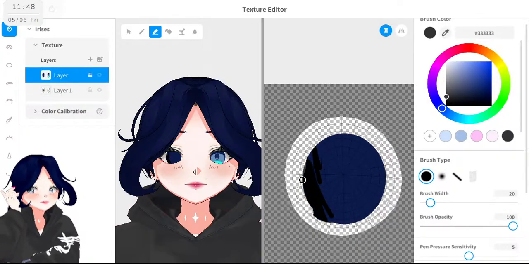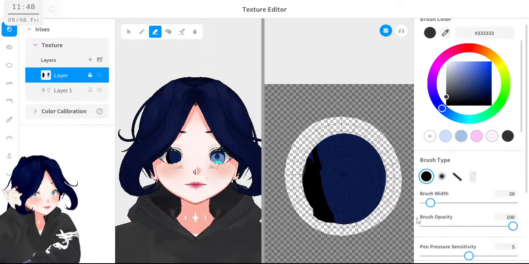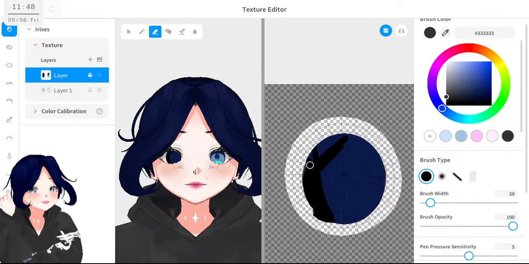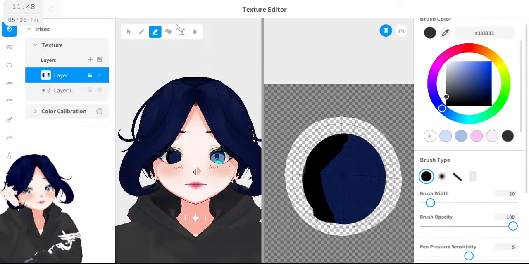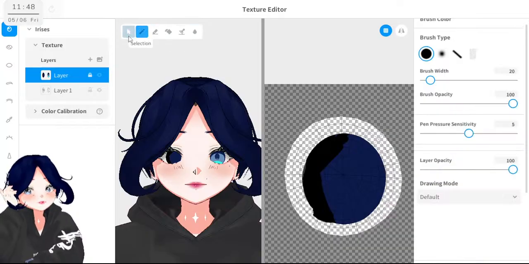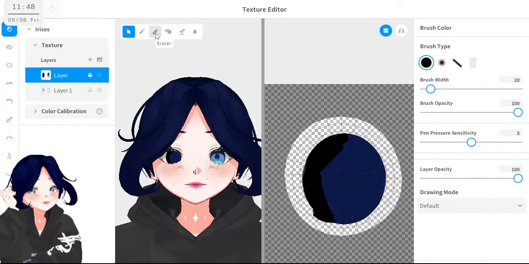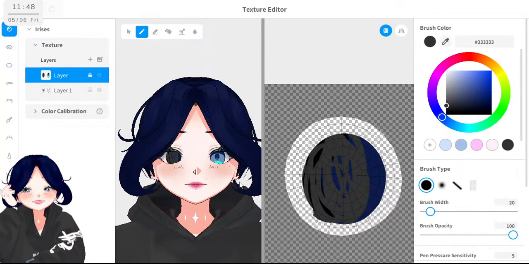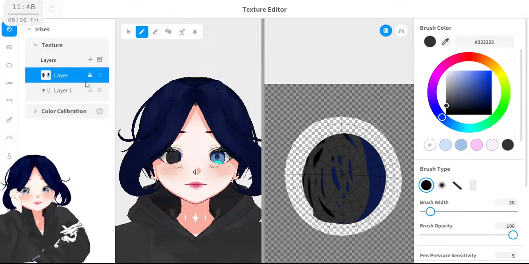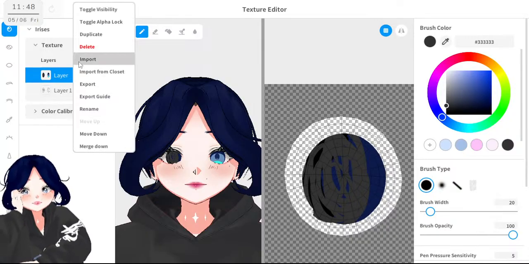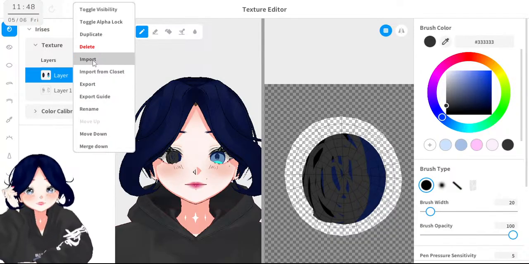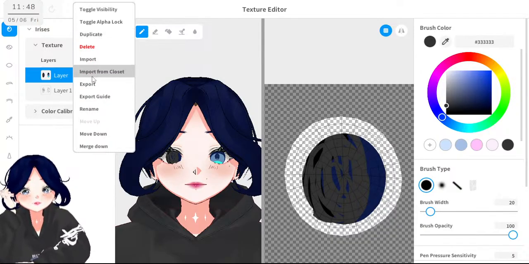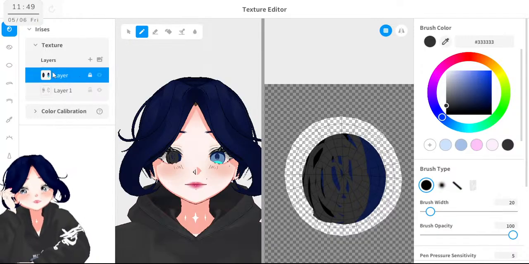I don't know why it looks black instead of erasing this. I really don't know what's going on here. Because if I can't fix that part, okay, no.